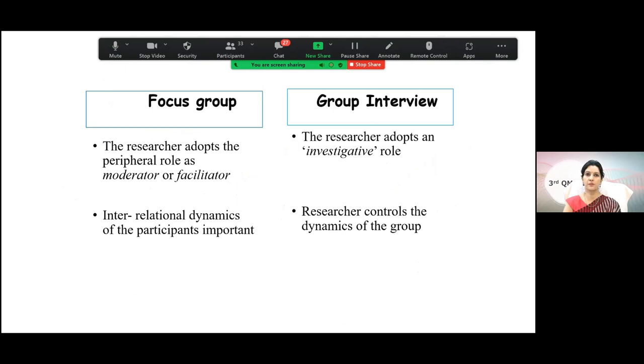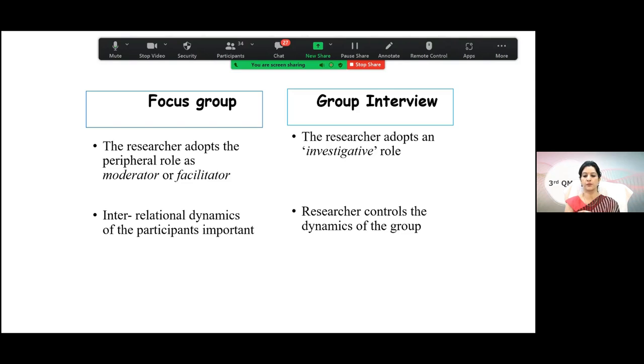So what is the difference between the focus group and group interview? In the focus group, the researcher adopts a peripheral role as a moderator or facilitator, whereas in a group interview, the researcher takes an investigative role. In the focus group, interrelational dynamics are important, and there is a lot of inter-participant conversation, and we plot a sociogram to show how much interaction there was.